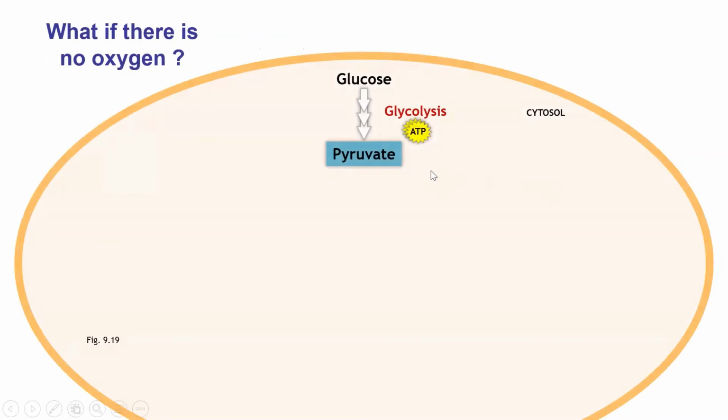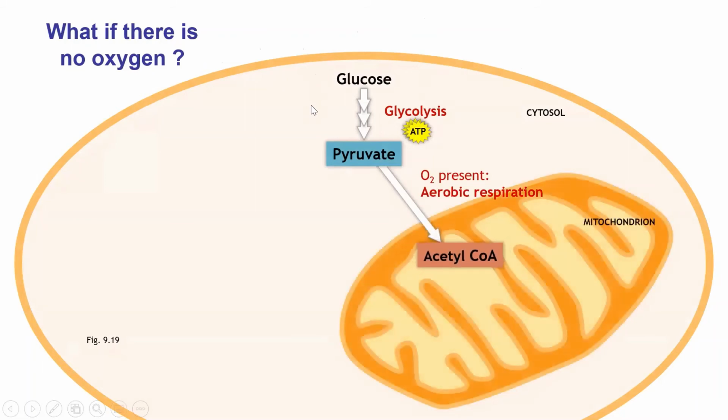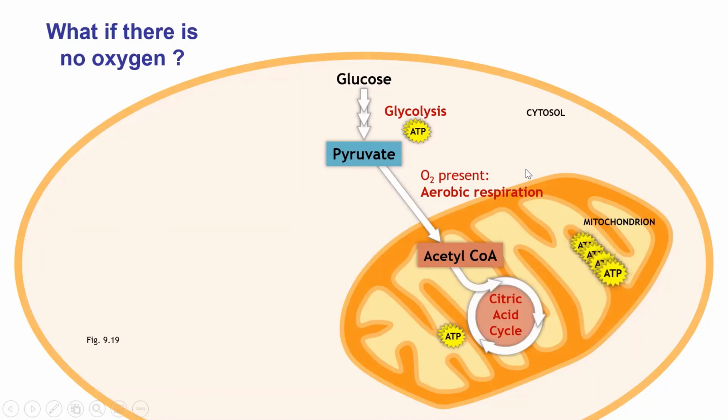So this is just showing that basically, in all organisms, we take glucose and we convert to pyruvate. And glycolysis is found in all organisms, by the way, at least in part. And like I said, it's kind of a universal pathway. And if we have oxygen and the mitochondrion, then we can do aerobic respiration. So we convert that into acetyl-CoA, and then that goes into the citric acid cycle. And then eventually we have our oxidative phosphorylation. You can see it's happening there at the inner membranes, and we're going to make a whole load of ATP